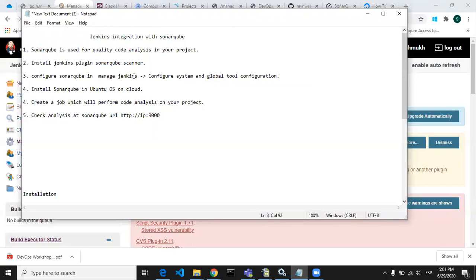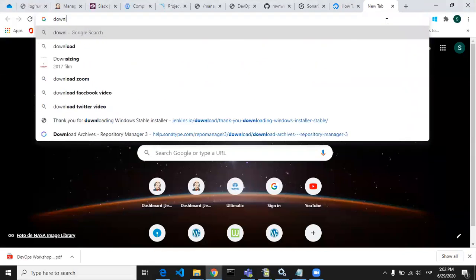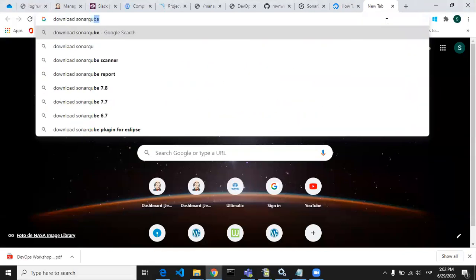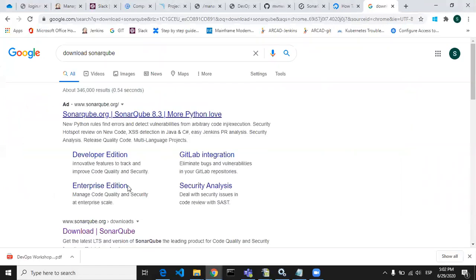Okay, now we have to install the SonarQube software on some operating system, right? In this tutorial, we are going to install SonarQube onto the Ubuntu operating system, which is already present in the cloud. If you want to practice on your local Windows machine, you can just go to Google and search for download SonarQube, and you will see the download page.